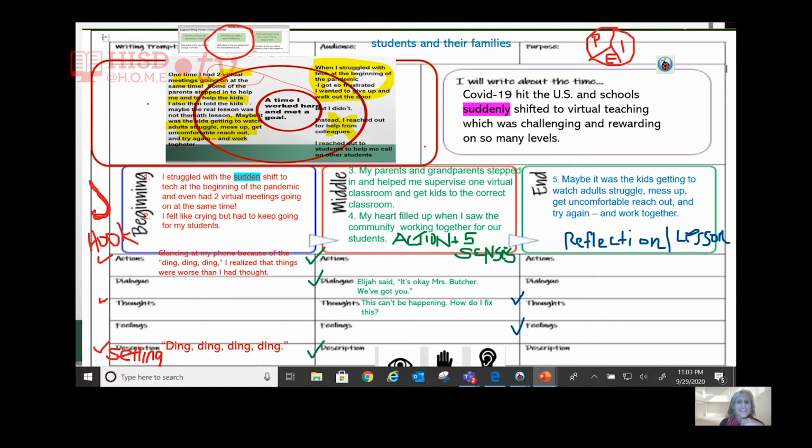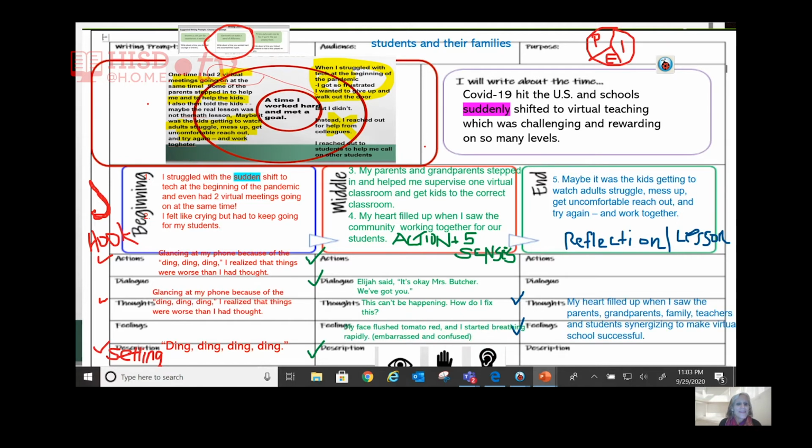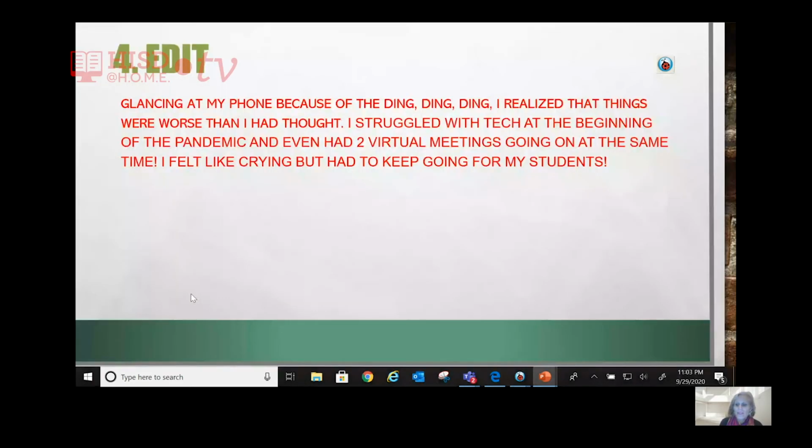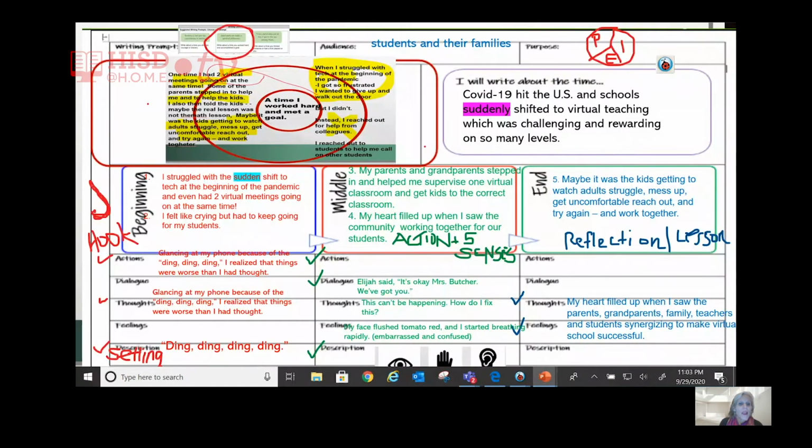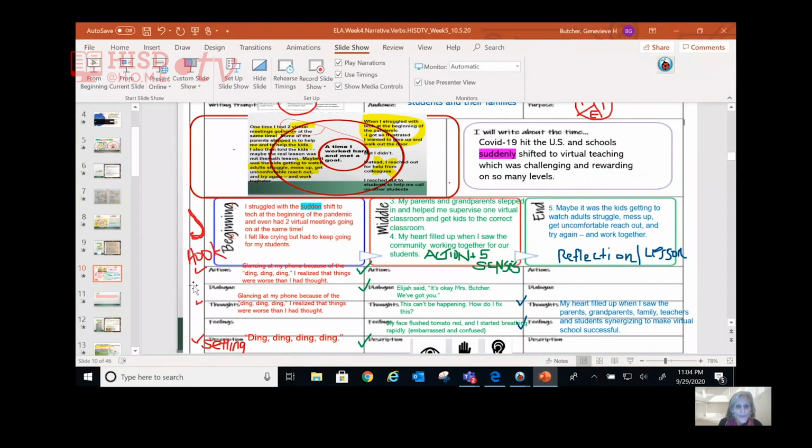Okay, I've got some things out of sequence. But what's happening, that's hilarious. So glancing at my phone because of the ding, ding, ding. Okay, so I have that. This is me getting a little too fancy with my tech here. Hope this is making you feel good. All right. And I will get rid of that. Okay, so